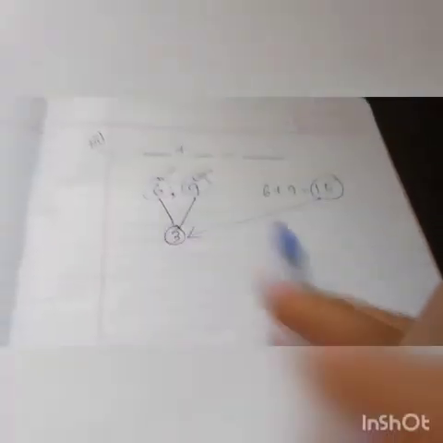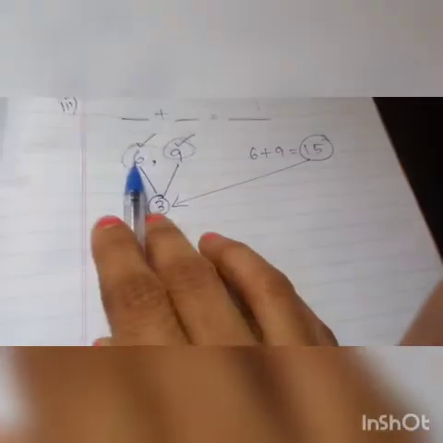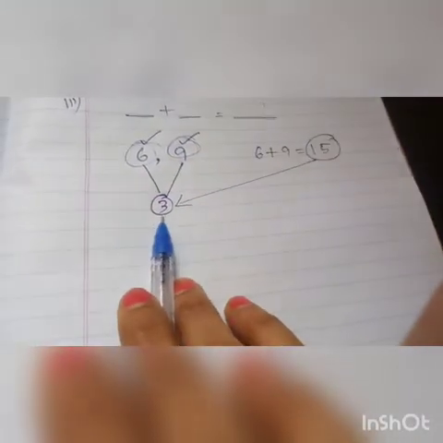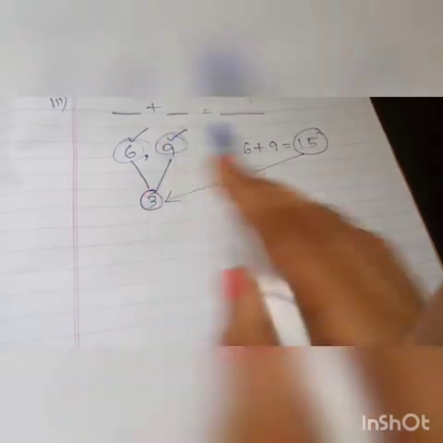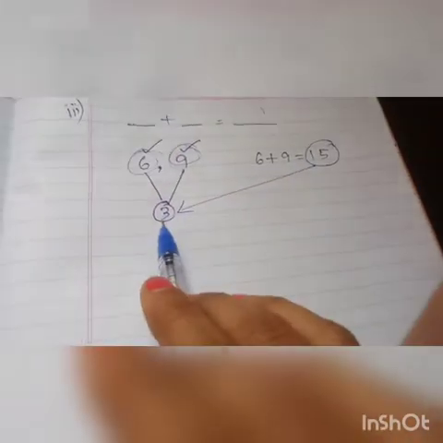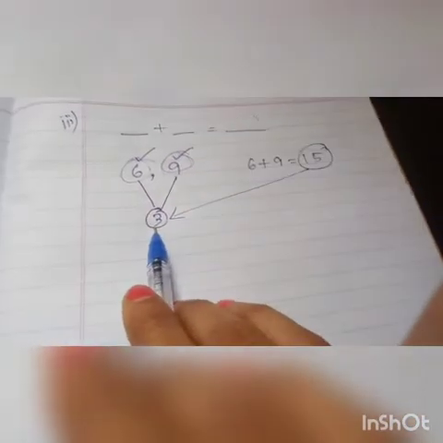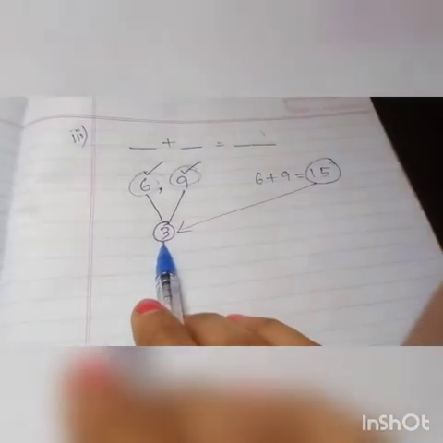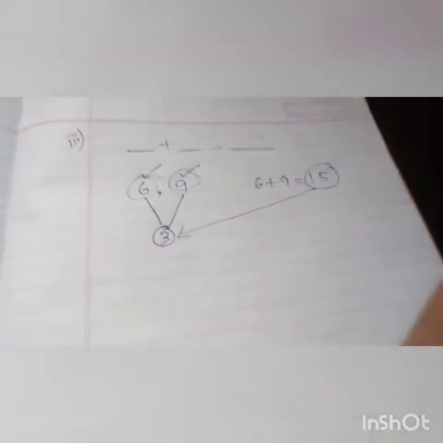Understood the concept? See, there are two numbers, children. Each number is divisible by a number. If I add those two numbers, that answer is also divisible by that same number. So this is your definition, rule number 3. Understood?